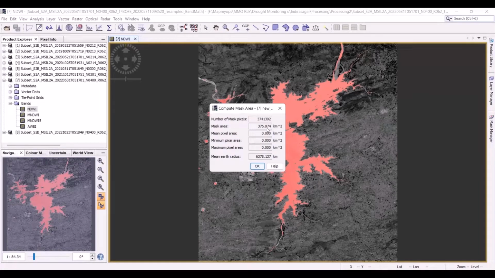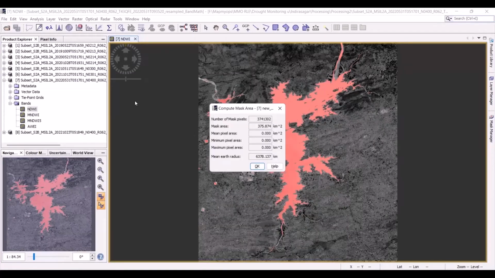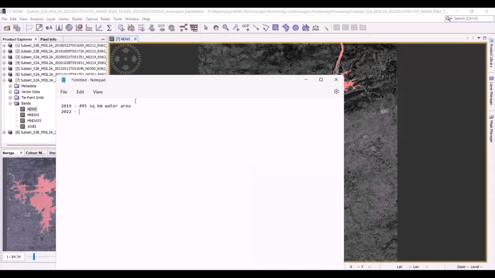Wow, this mask from 2022 is 375 square kilometers, which is 120 square kilometers less water area than in 2019. That is dramatic, isn't it? Obviously, we just can't use these two pieces of information. We need to observe the trend over a period of time to see whether 495 is the benchmark, or was